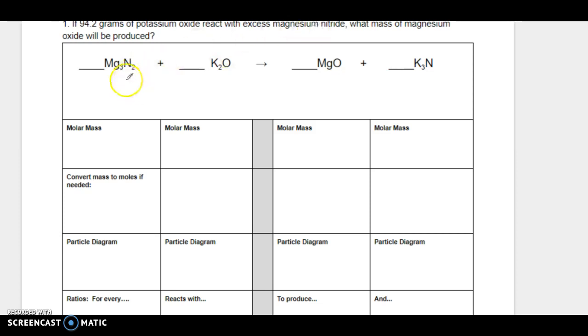So I'm going to go ahead and balance it first. So I have 3 Mg's, 2 N's, 2 K's, and an O. And then over here I have 1 Mg, 1 N, 3 K's, and an O. Okay. All right, so I see that the potassiums are 2 and 3, so I think I'm going to start